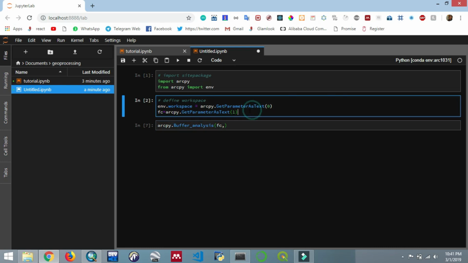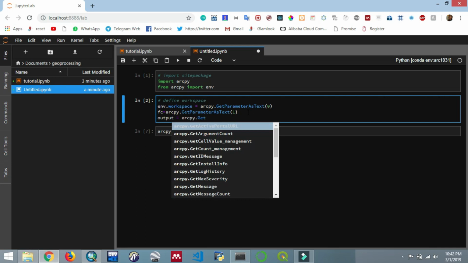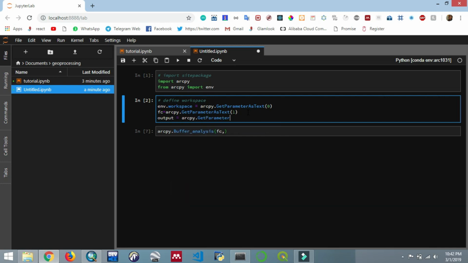We can also specify the output, and that is the output arcpy.GetParameterAsText. Then that will be 2. Remember the indexing in